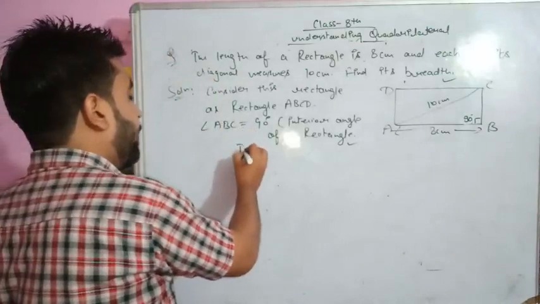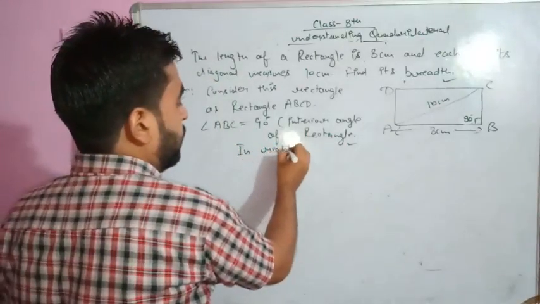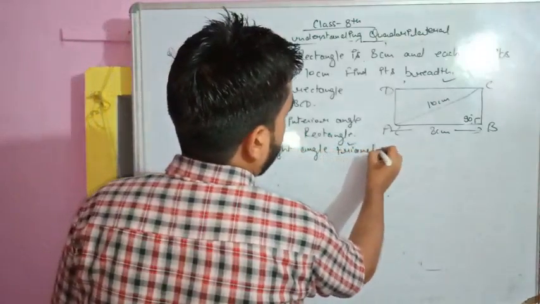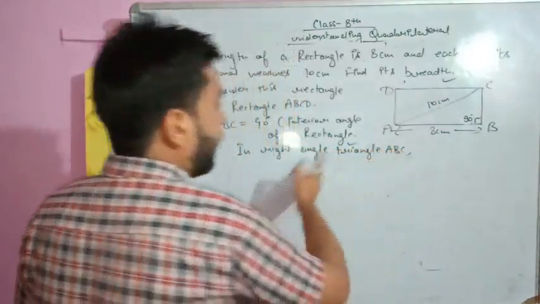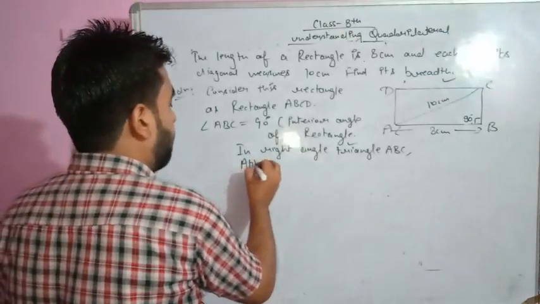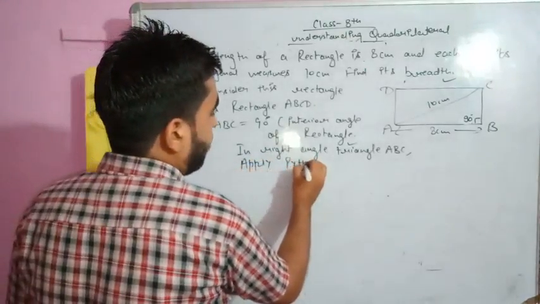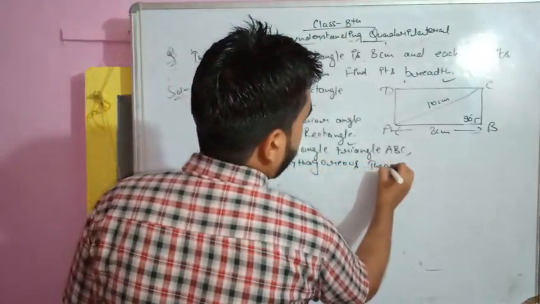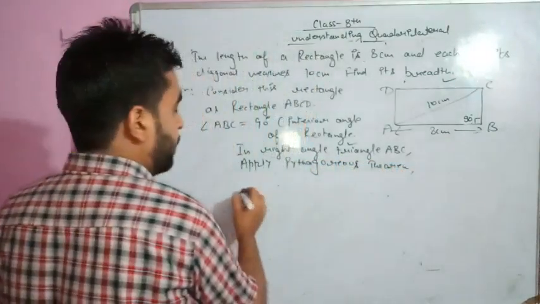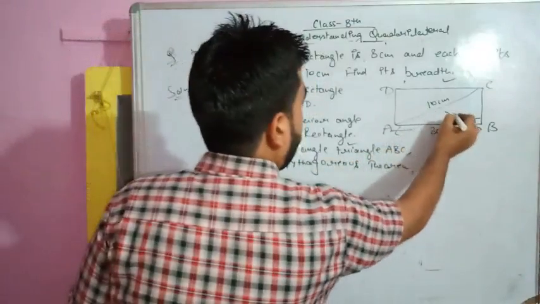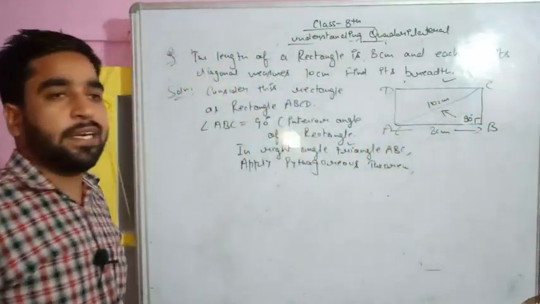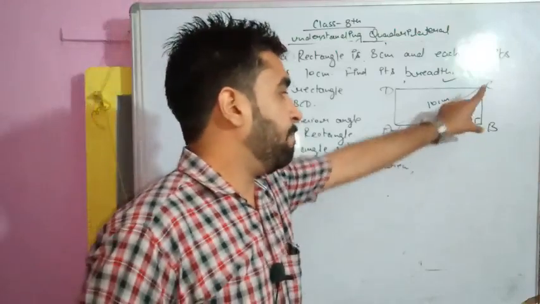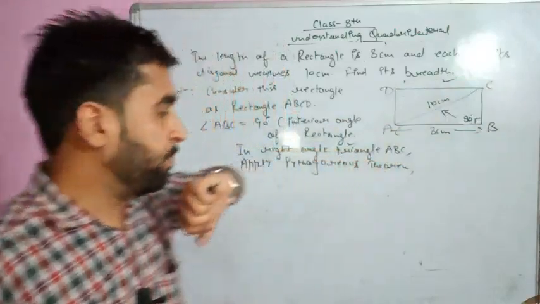In right angle triangle ABC, we can apply the Pythagoras theorem. When you apply the Pythagoras theorem, what is it? The side opposite to 90 degree is considered to be the hypotenuse, this is the base, and BC is the perpendicular. So students,